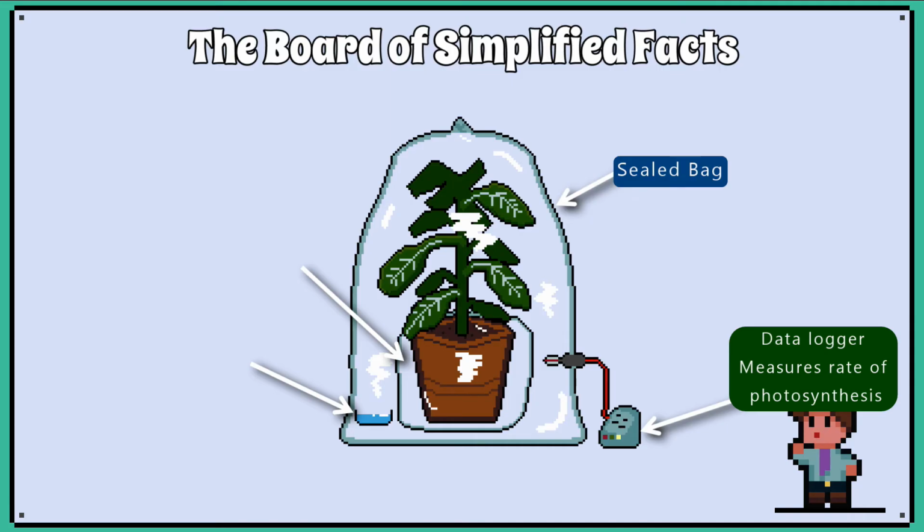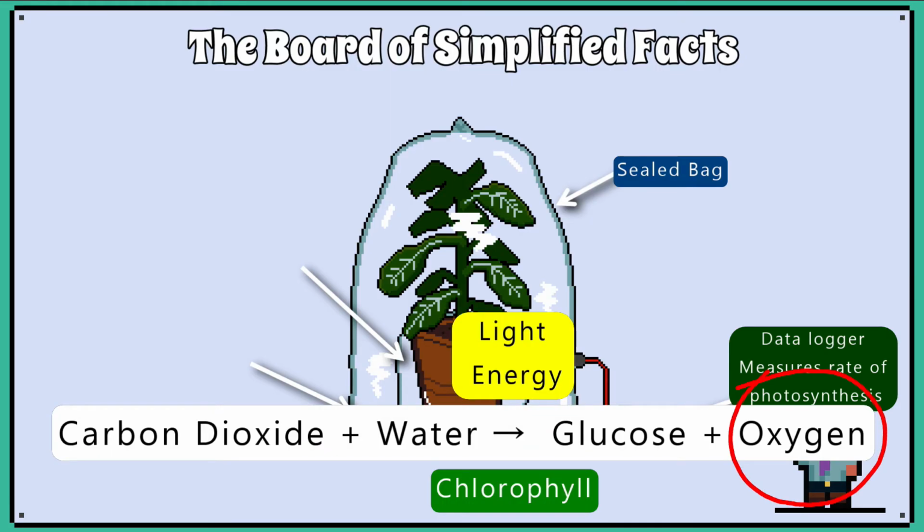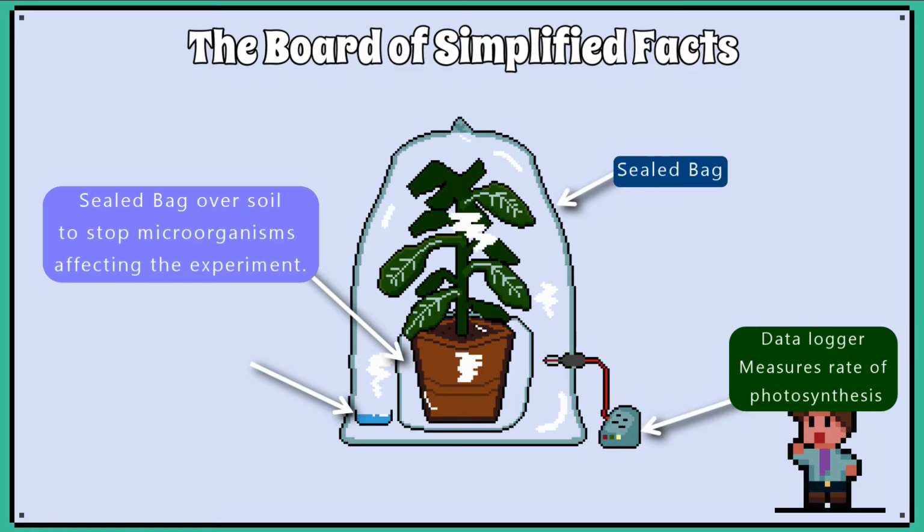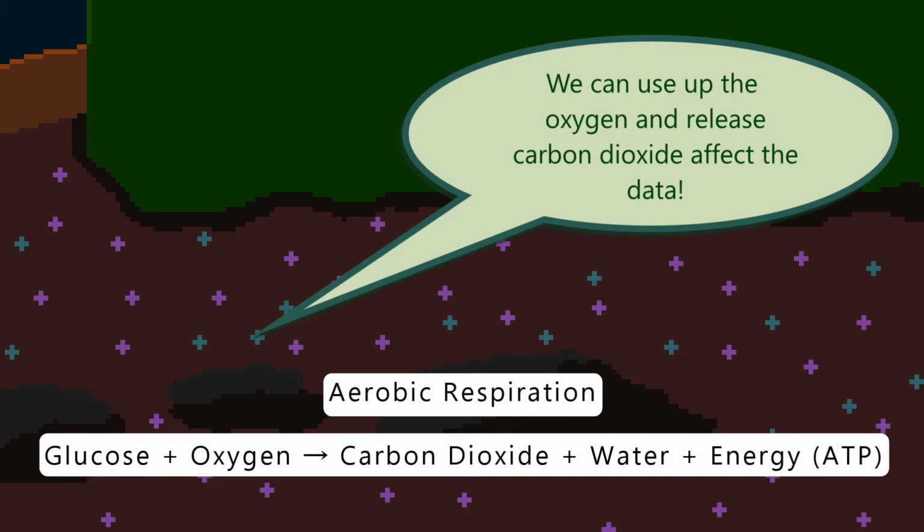What it can do is measure the rate of photosynthesis by either measuring the oxygen produced over time or the carbon dioxide levels decreasing over time. Please notice that a second bag is sealing off the soil. This is to avoid microorganisms like bacteria or fungi respiring and affecting the oxygen and carbon dioxide levels, which may